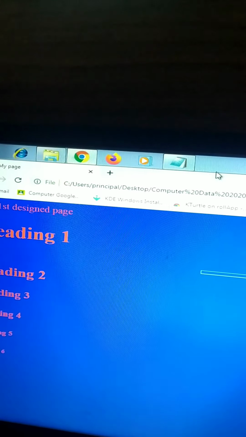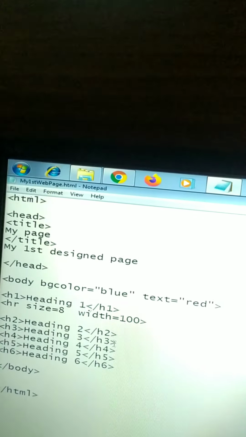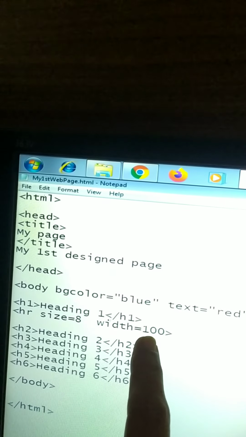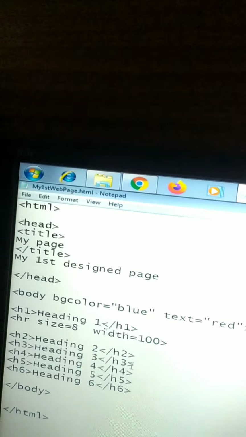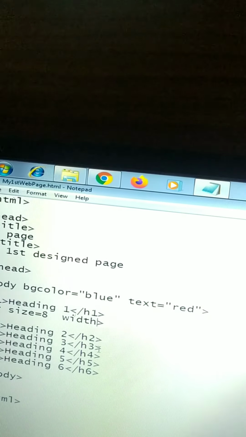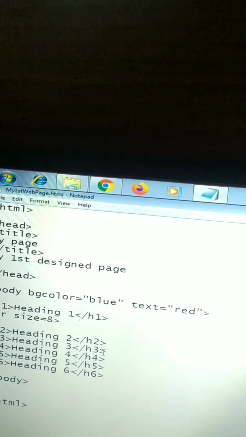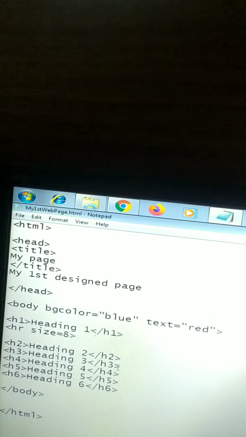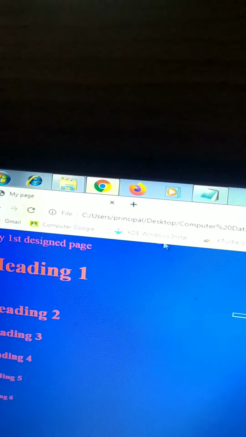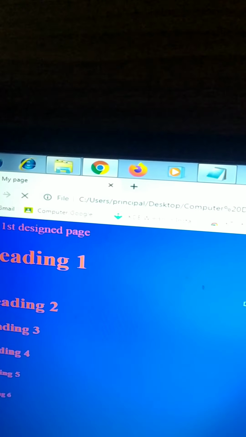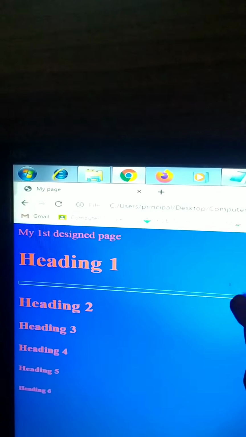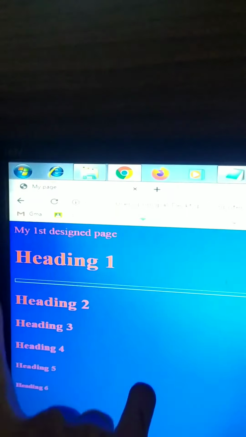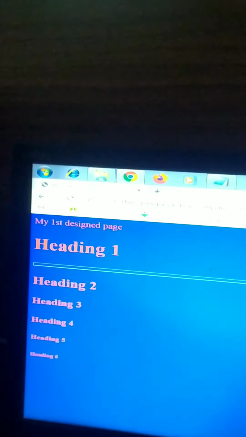Now with size we have specified, right? Over here the size is 8 and its width is 100. That is why it is a small line. If we remove this width and size is 8, save the document, go to the web page and refresh. See, size is 8 and its width is the whole page over here.